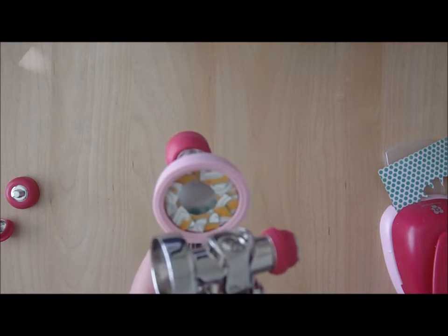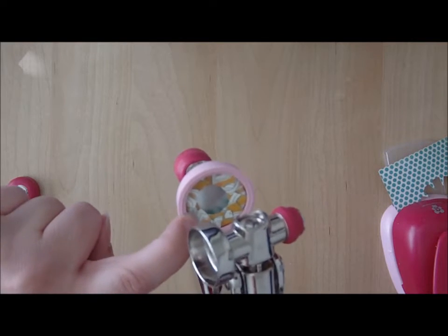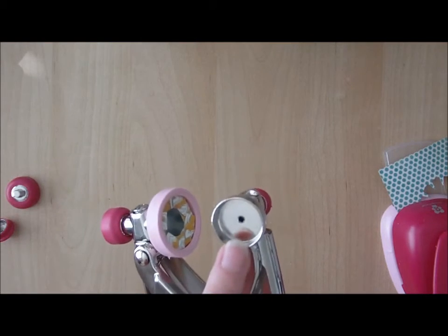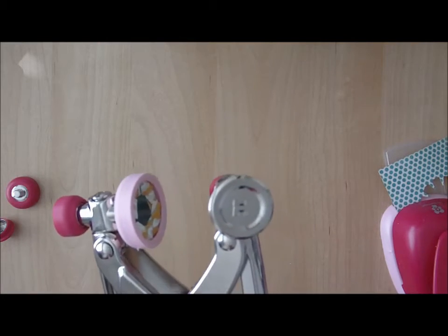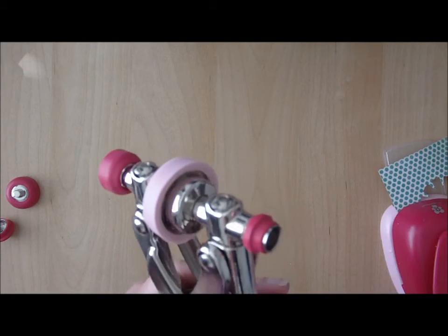So it looks like that. Okay, now that we have folded back the pattern paper, we need the brad end. And see the pointy parts of the brad end? We're going to insert that into that hole right there. So just stick that in the hole, and then make sure the tool is turned back, and you're going to